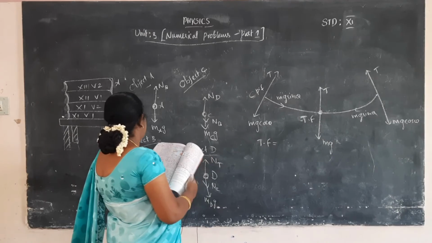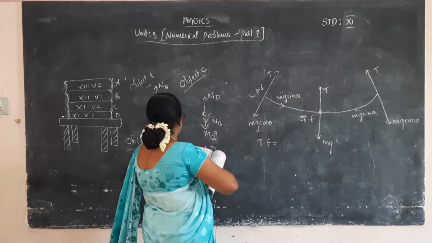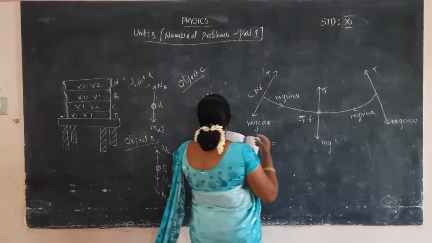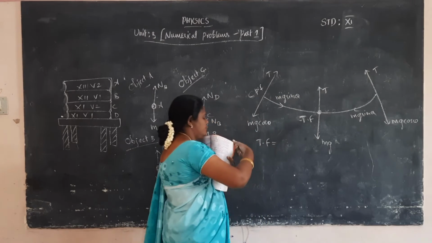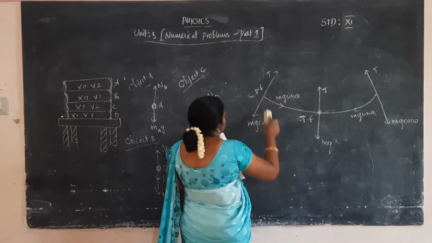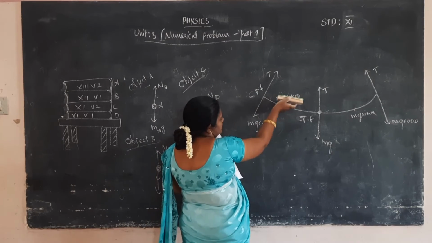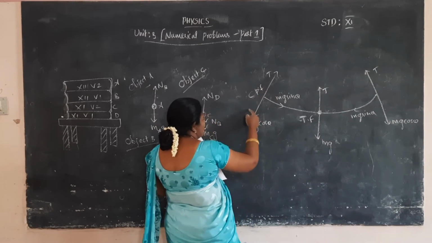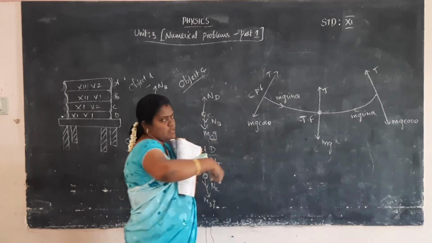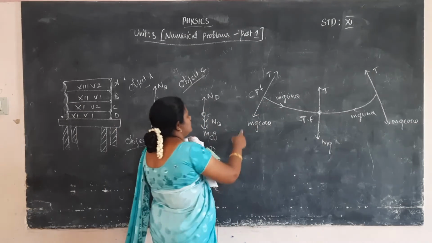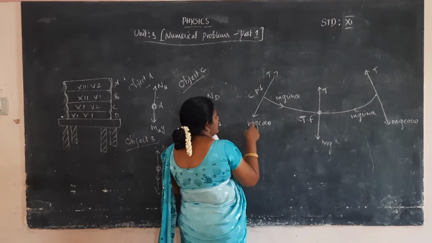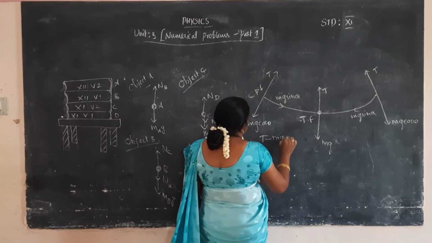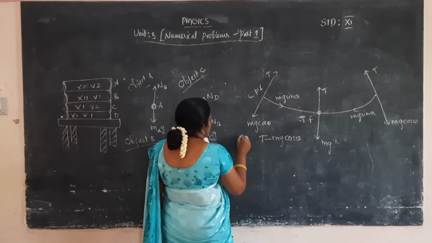So in this problem, the force that will be acting centripetally, that is, acting inward toward the center, will be called the centripetal force. The net centripetal force is equal to the tension plus the component of the weight along the radius. The tension is opposite, so T minus mg cos theta. This is the centripetal force.